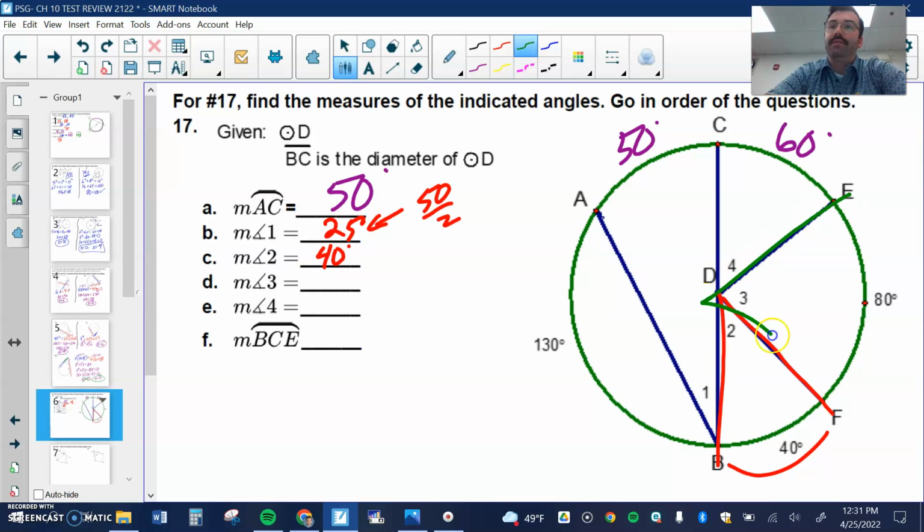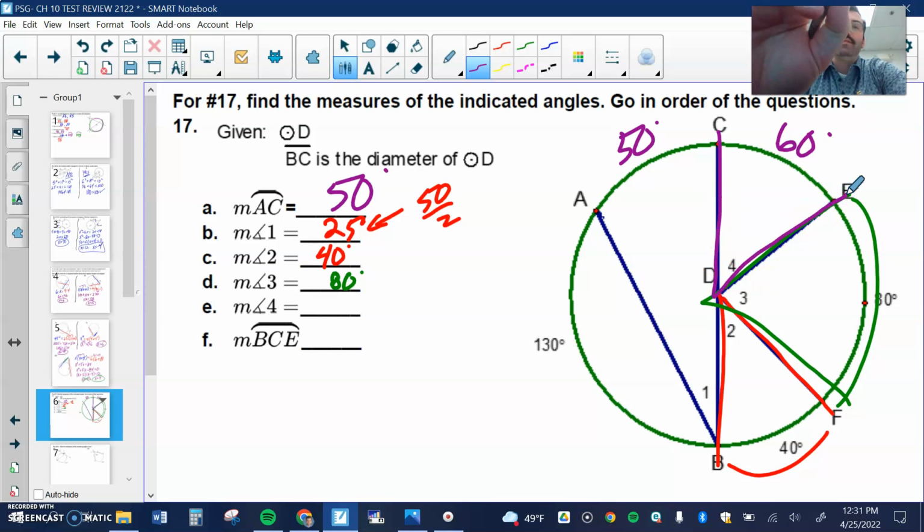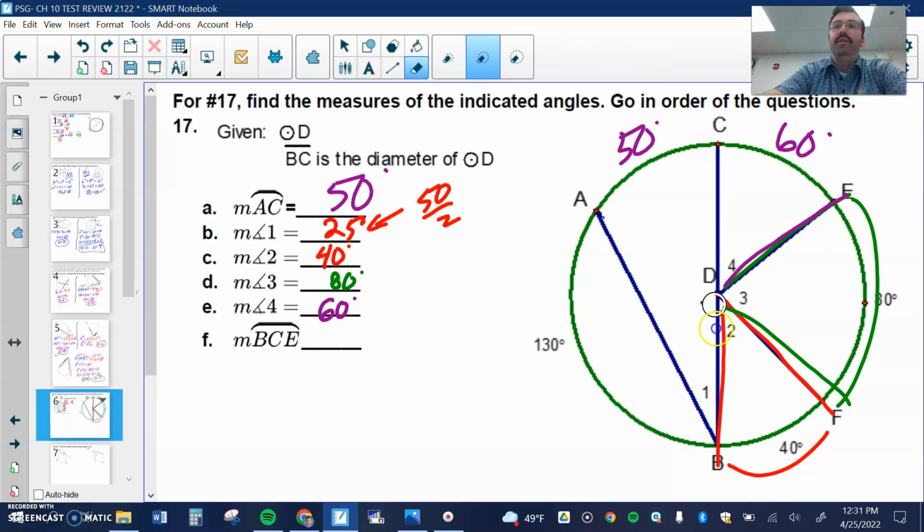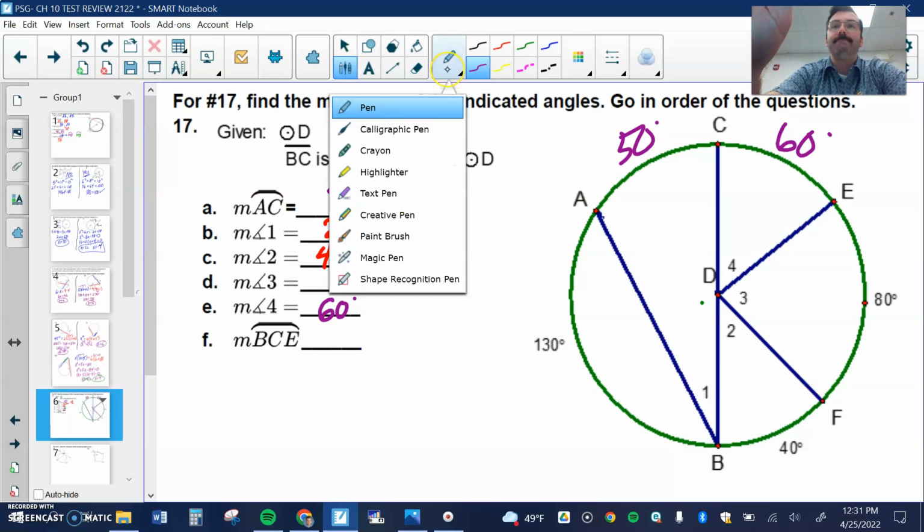Angle 3 is also at the center, so it's equal to this arc. So it's 80. Angle 4, the exact same thing. It's just equal to that arc. So it's 60. When it's in the center, the angles are the same. Okay? Now,